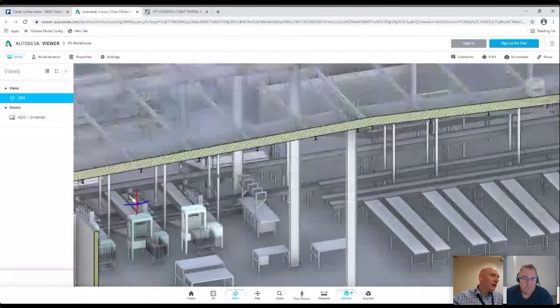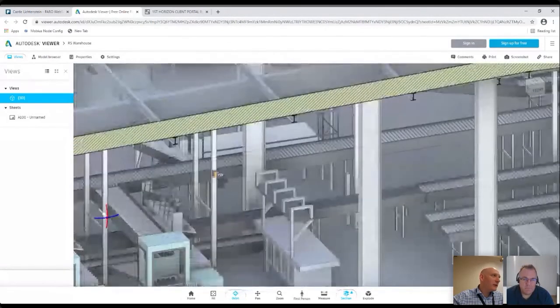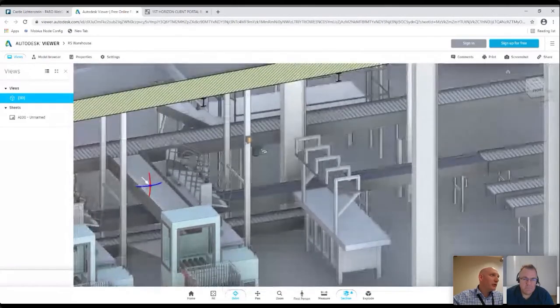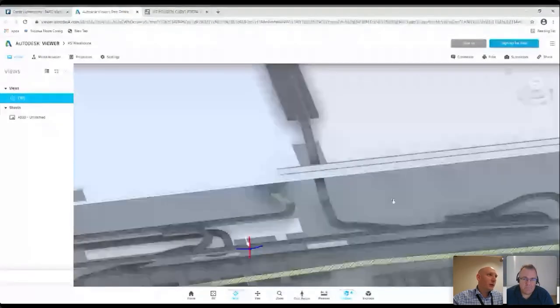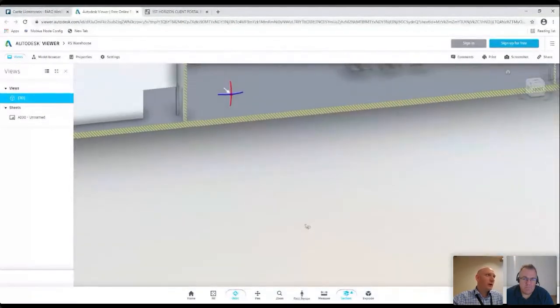All these different items, the packing bays, the rollers. I think there's an IoT device on the steelwork. There's motors for the conveyor. You can include whatever you like, but it just gives you a very, very powerful means of understanding what you've